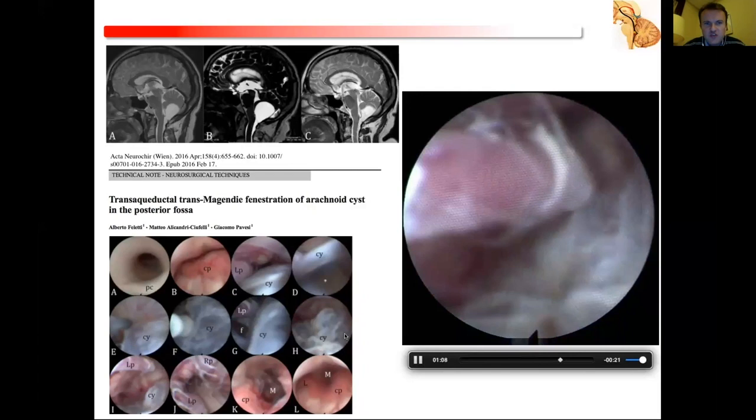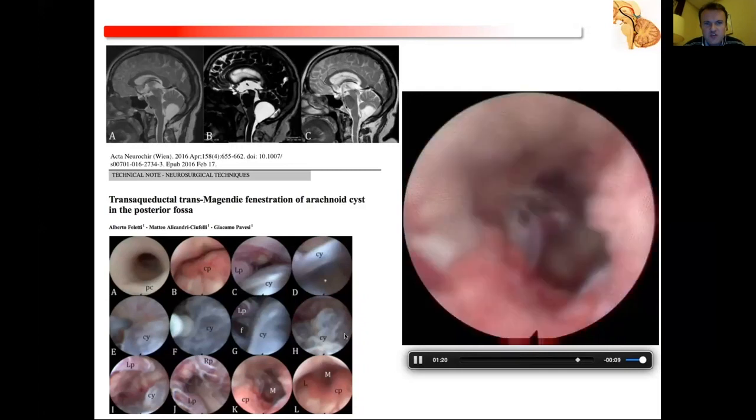Also, aqueductoplasty can be performed with flexible scope. When I talk about aqueductoplasty, I'm not saying I am